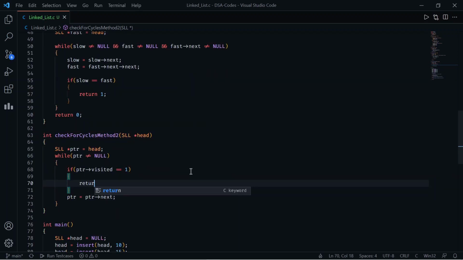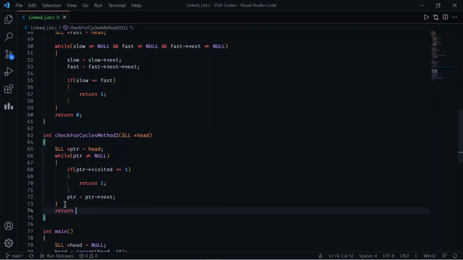So we simply return 1 here. And if this case never happens, then ptr will at some point be equal to null, and then this loop will break and we will simply return 0, which states that the loop is not present in the list.